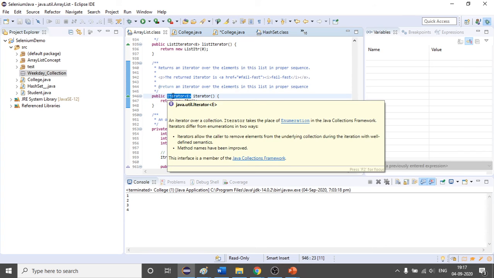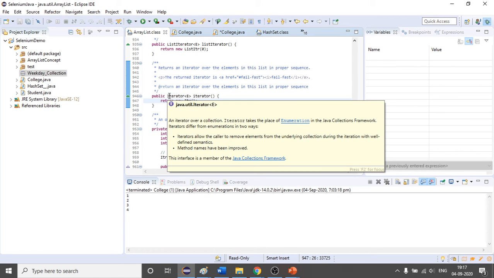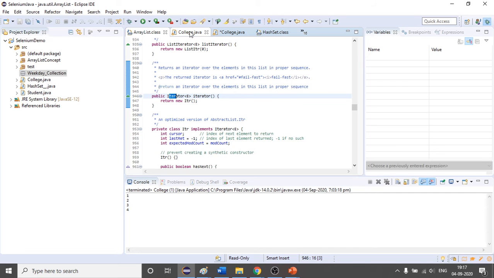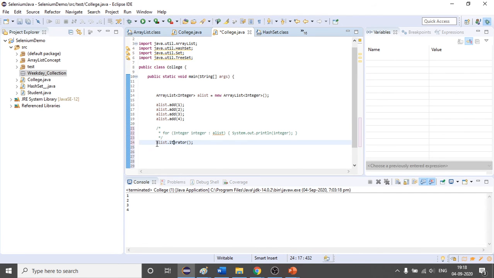So to catch this iterator object that it will return, we have to create an interface, because the return type is an interface. So I will go here in this class. Yeah, so I have to catch this. Suppose my object name is it.